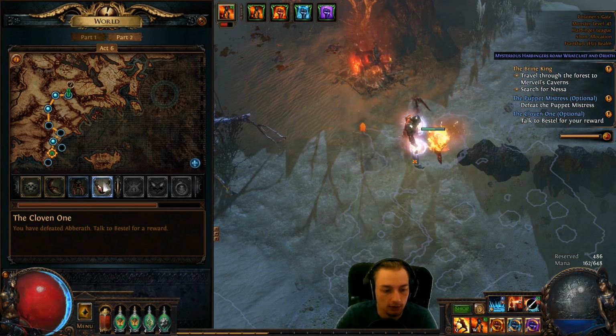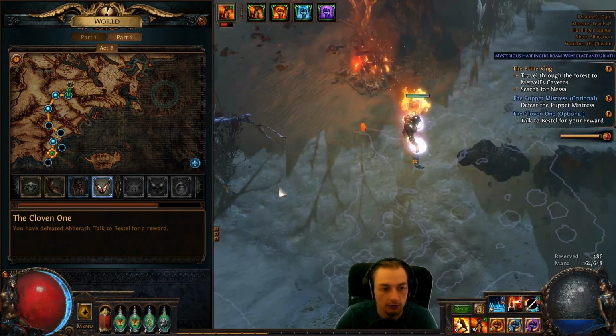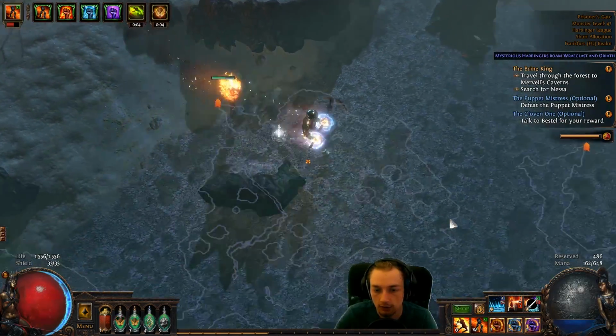Okay, so the cloven one. Defeat Aberrath, talk to Pastel for reward. Yeah, let's go back then. Wait a second. This one is the way forward. Might be...